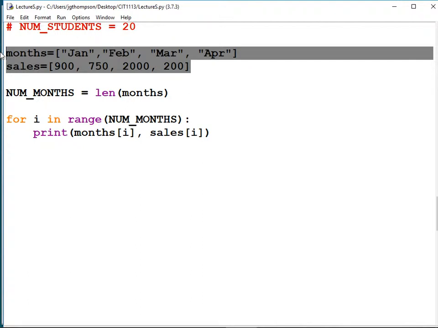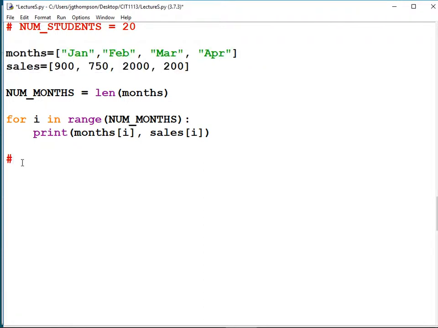First month is January, the first amount of sales was 900. Second month was February, second amount of sales was 750. So months and sales are parallel arrays.